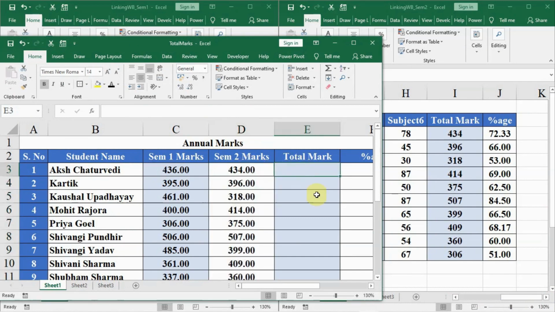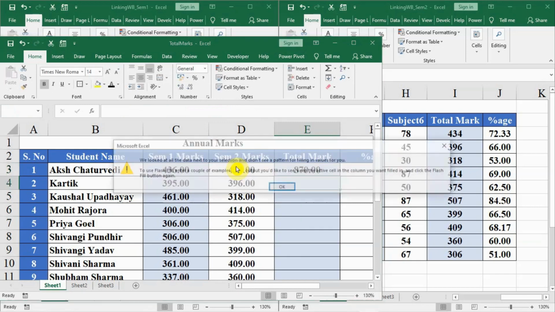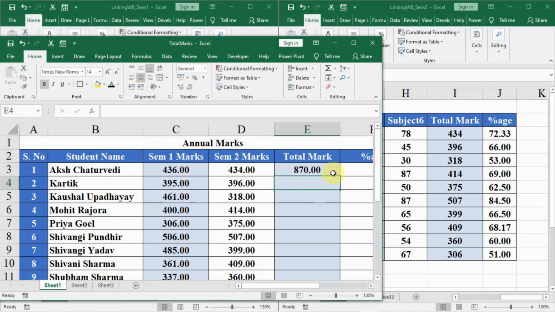And we have to create the total marks here, like we type equal to this plus this, press enter, and we can double click here at the end to fill down the total marks.